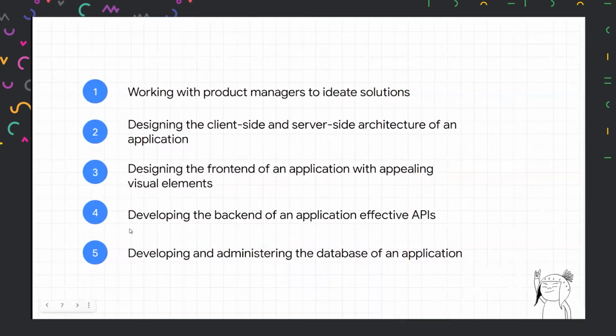Now moving ahead, the fourth responsibility of a full stack developer is to create a proper backend, and this backend should have all the effective APIs. There shouldn't be any problem. Let's say you are storing some data in the database, you're creating a new account, then this API should have all the conditions possible so that the data is stored in the database. Or if there is an error, then tell the user to fill the form again so that there is no denormalization in the database, or there is no conflicting data in the database.